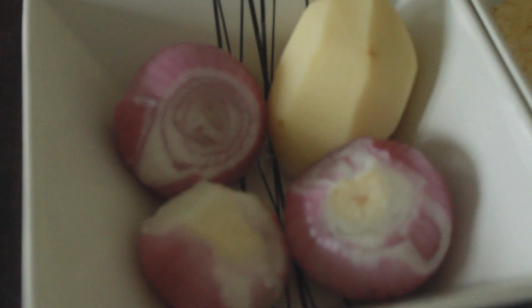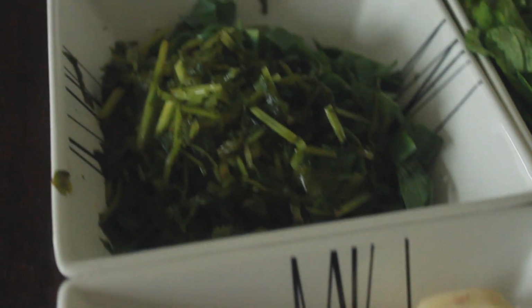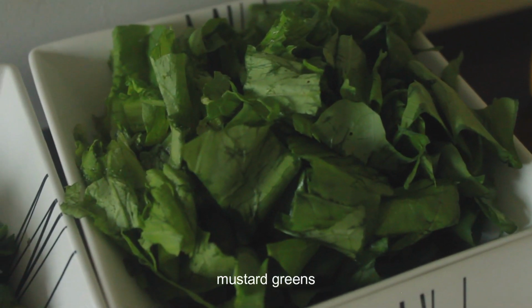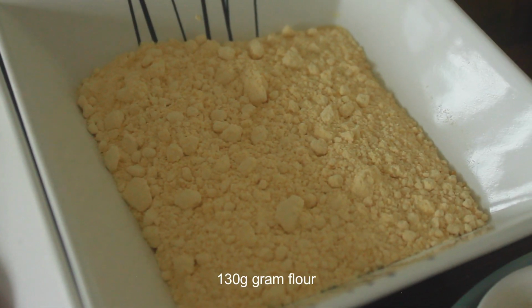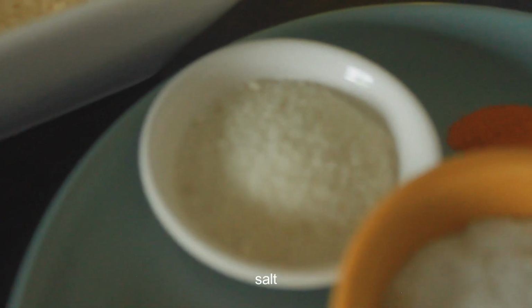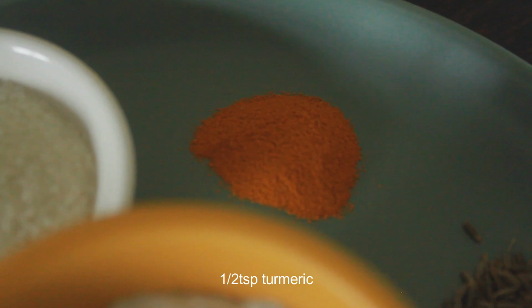For this recipe, we will need 3 medium-sized onions, 1 medium-sized potato, some coriander and garlic leaves, mustard greens, 130 grams of ground flour, oil for frying, salt as per your taste,